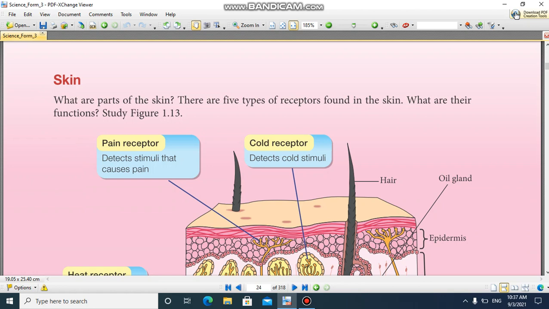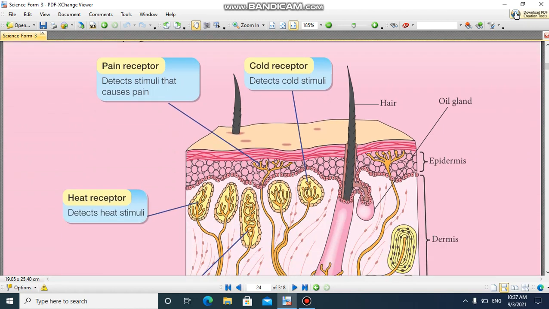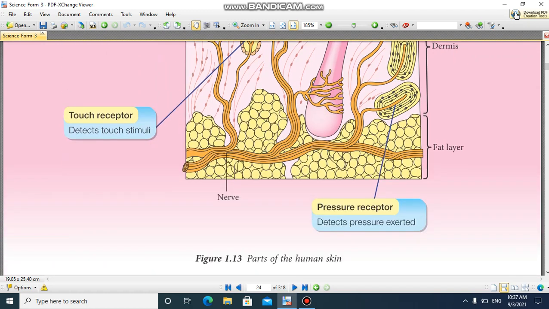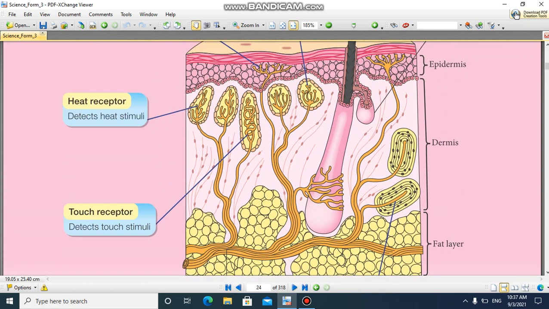What are the parts of the skin? There are five types of receptors found in the skin. What are their functions? Okay, this one is the pain receptor, which detects stimuli that cause pain. This one is the cold receptor, which detects cold stimuli. This is hair, oil gland, epidermis, dermis, and fat layer. This is the pressure receptor, which detects pressure. This one is the nerve. The touch receptor detects stimuli. Here the receptor detects